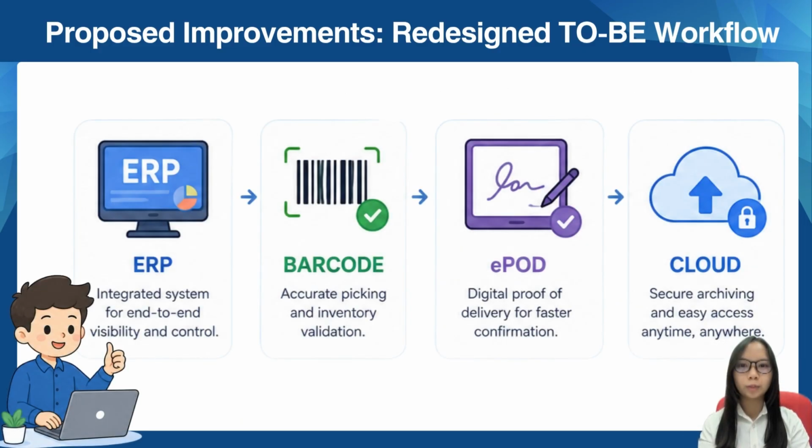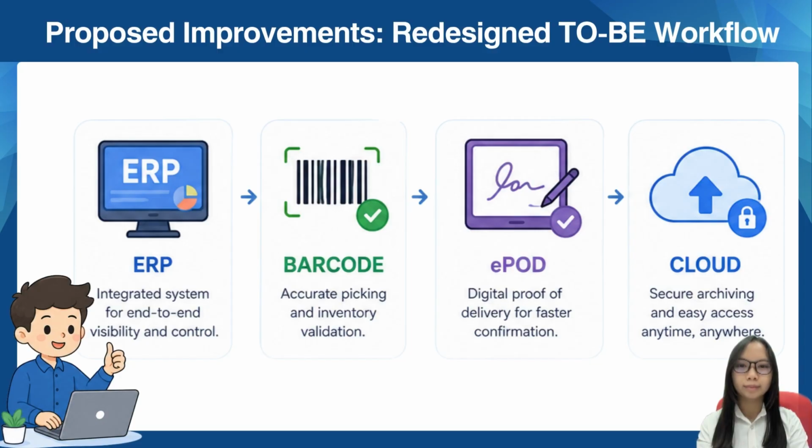Overall, the redesigned workflow transformed Q Industry from a largely manual and fragmented process into an integrated, automated, and well-controlled revenue cycle. This improvement enhances operational efficiency, strengthens governance, improves inventory accuracy, and supports the company's future digital